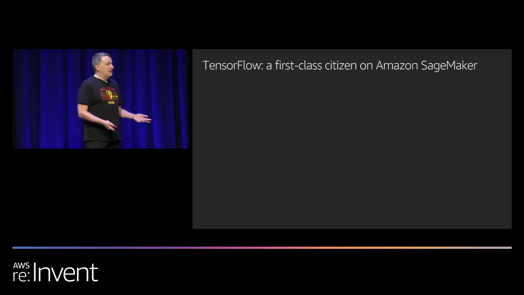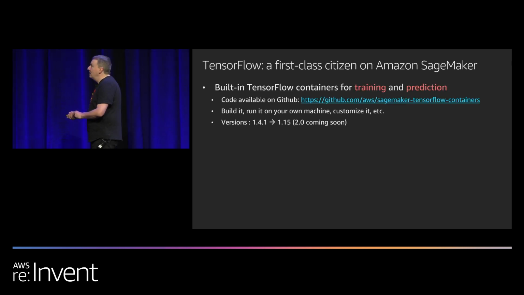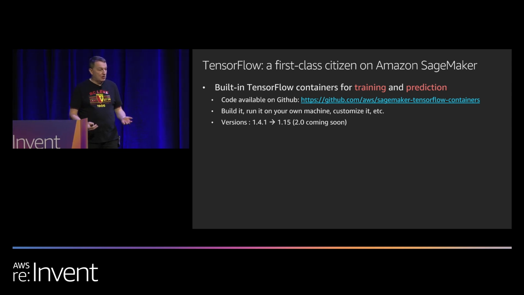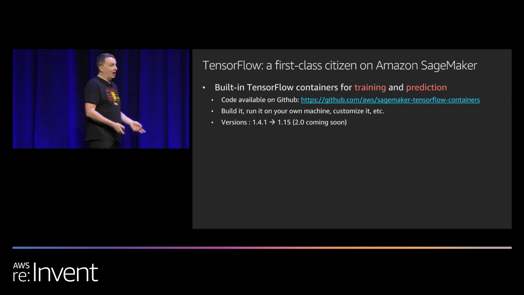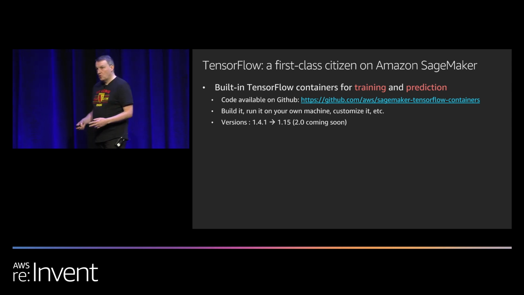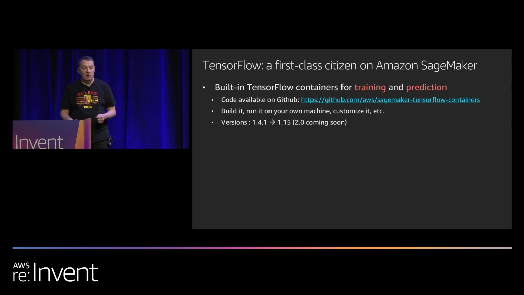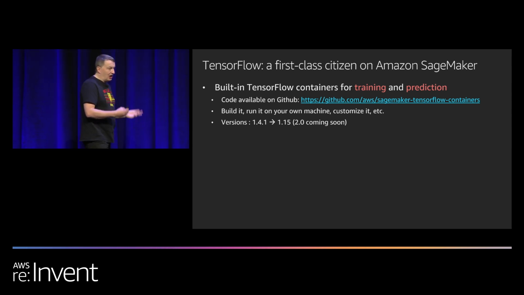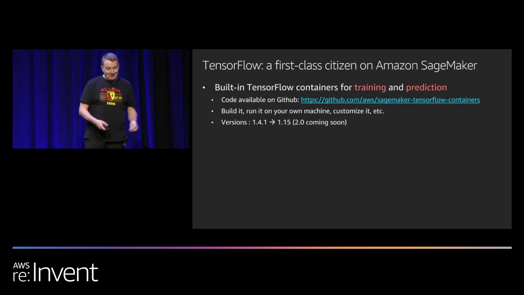TensorFlow on SageMaker is a first-class citizen, right? How could it be otherwise? So we have built-in containers on SageMaker for TensorFlow, for training and prediction, for CPU, GPU. They're open sourced on GitHub, so you can go and check them out, run them, etc. We support all the 1.x versions, up to 1.15, which I believe is the latest and last one for 1.x. And 2.0 is coming soon. And I'm going to get shot if I give you a date. So I'm just going to say coming soon, and you can make what you want of it,